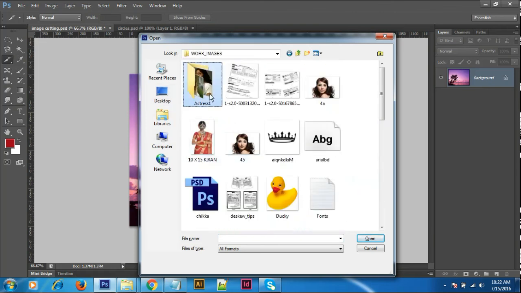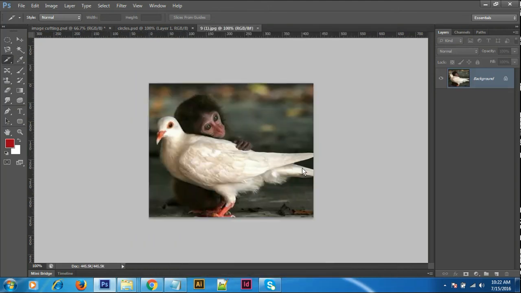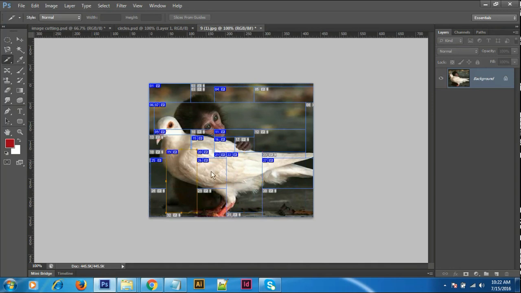This image should be cut into pieces. Take the slice tool. What is the slice tool? We are just cutting the image into pieces. 1, 2, and like this 3, and placing like this 4, 5, 6. Like this, I can edit the slice selection and adjust the slice. When we use this tool, people who are learning web designing split the website and the images and shift them into the browser.